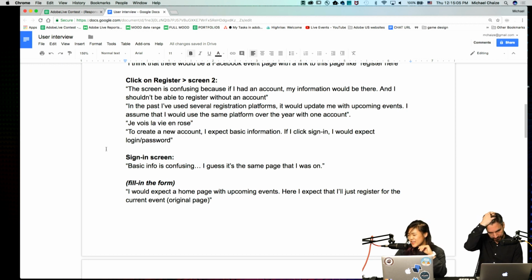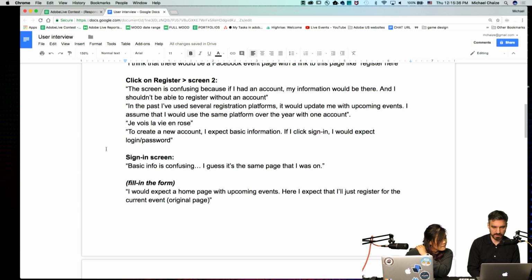Because I was saying on the first day that typically people are getting to the beginning of this prototype from a different page, like let's say it's the Facebook event page for the competition or the competition's website. So they would already find a lot of the information there. But he did say that he would still have expected to see information about the date and time in the registration link as well. So that was cool. And then he was confused.